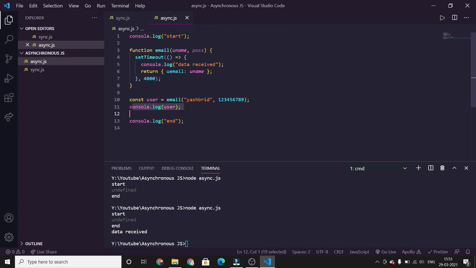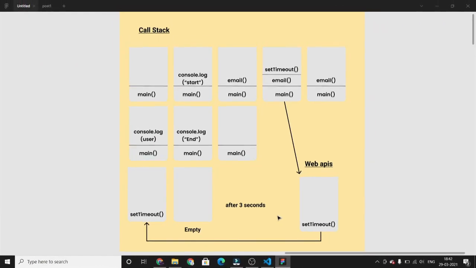But we haven't fetched the data yet, so user is undefined. That's why it is showing undefined. And after the 4 seconds, we receive the data, but user is already shown as undefined. This is the graphical representation for the previous program.